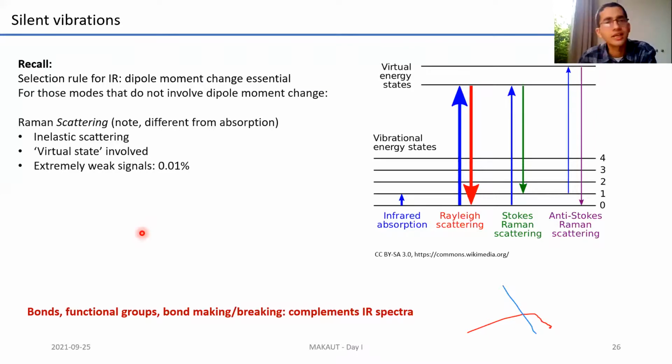So this is about silent vibration. There are certain things in the world which are silent, but you still need to study them. Certain kinds of vibrations are IR silent. This is because when a molecule is IR active, it needs to undergo a change in the dipole moment. There are certain vibrations which do not undergo a change in dipole moment, so these are IR inactive. If we want to study this, we need to use what is known as Raman spectroscopy.